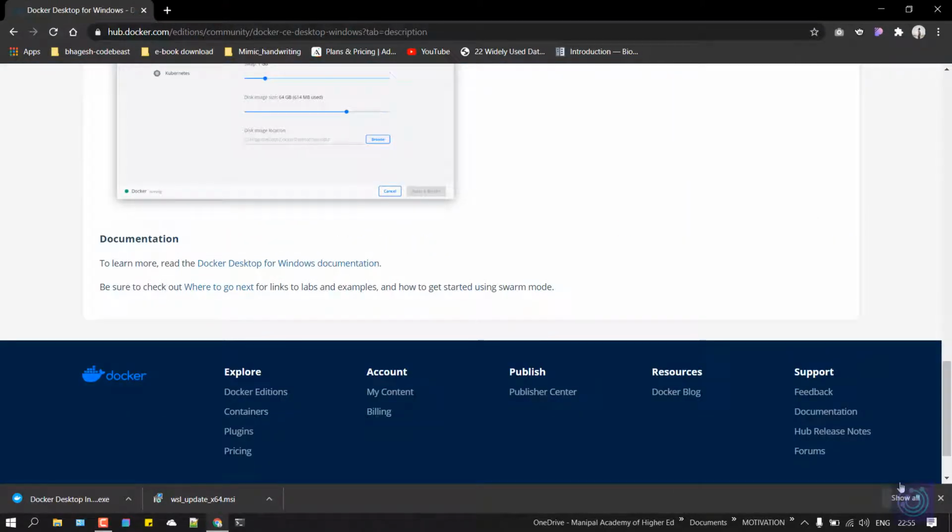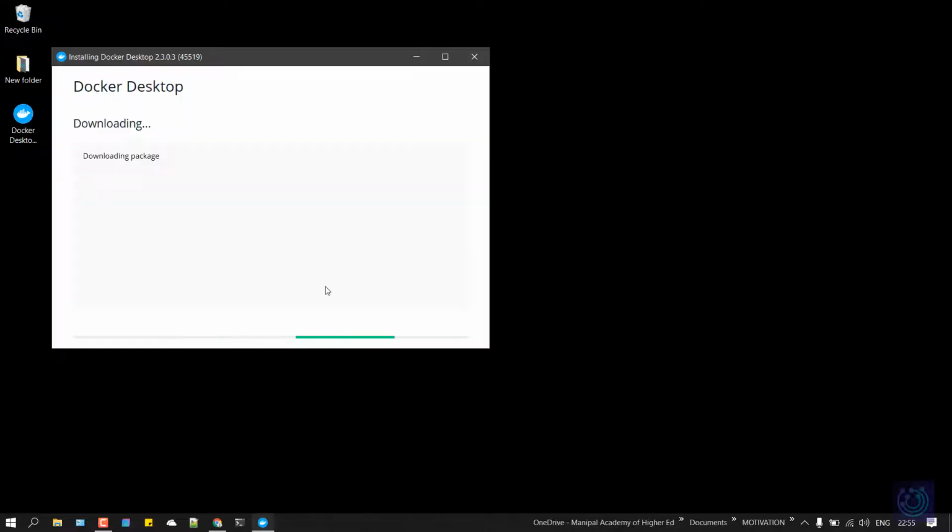So once Docker is downloaded, all you have to do is go back and open it as you would with any other Windows application. Yeah, so basically if you had Windows 10 Home, it wouldn't let you install Docker since Docker requires Hyper-V, that is hyper virtualization. But since we have enabled WSL2, it's right now saying that it's available for us to install.